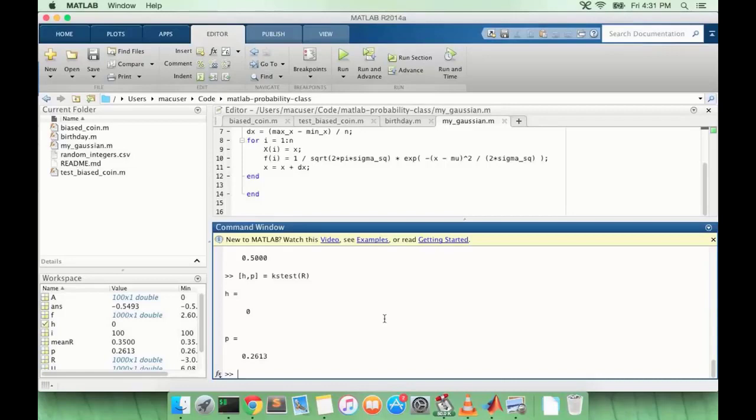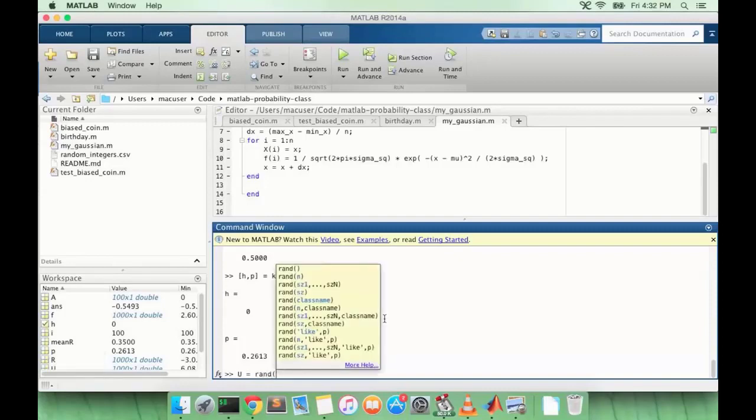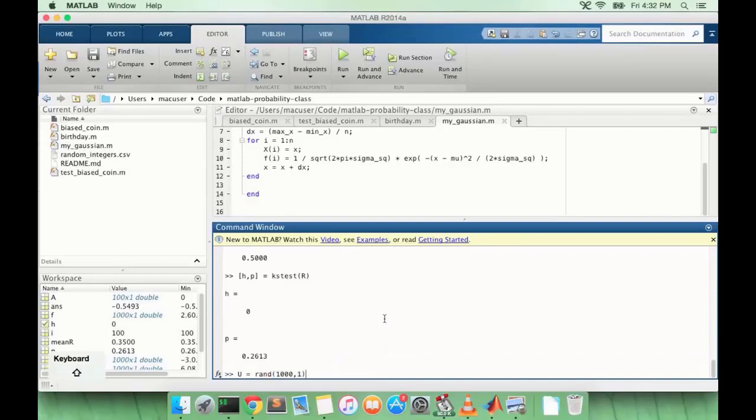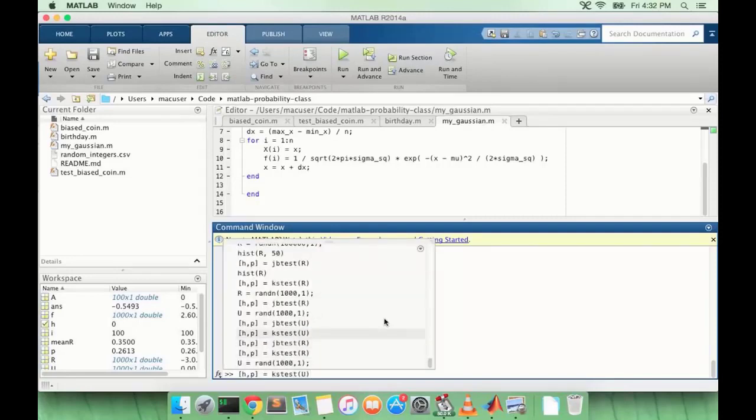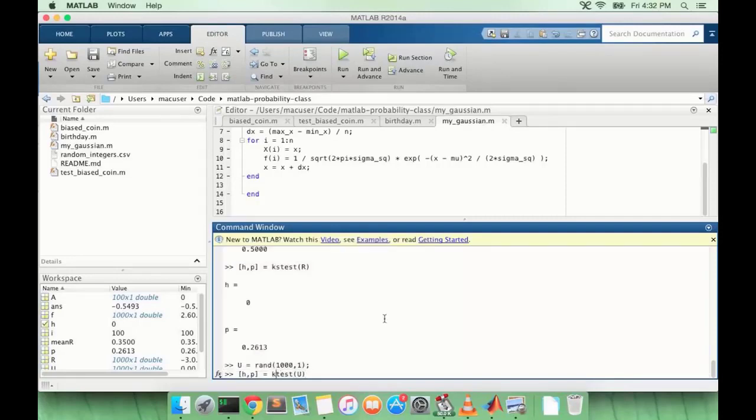So now let's do something interesting. Let's generate some random data that we know is not normally distributed. So we'll do this with data from a uniform distribution. So now I want to do jbtest on the uniform data, right? And so we get